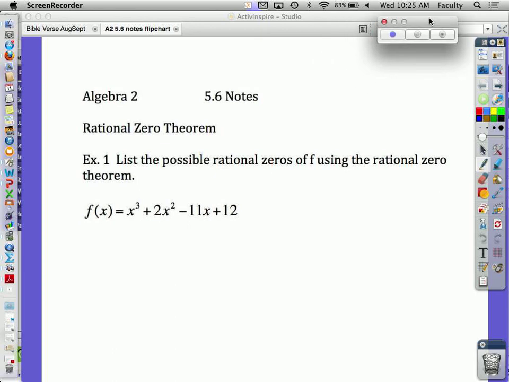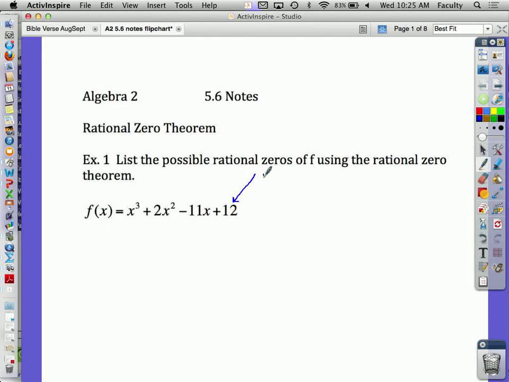Okay, so here we go. 5.6, we're going to talk about something called the Rational Zero Theorem. And it's a little bit weird at first, but once we get the hang of it, it's actually pretty easy. I'm going to kind of come around the back door here with it,